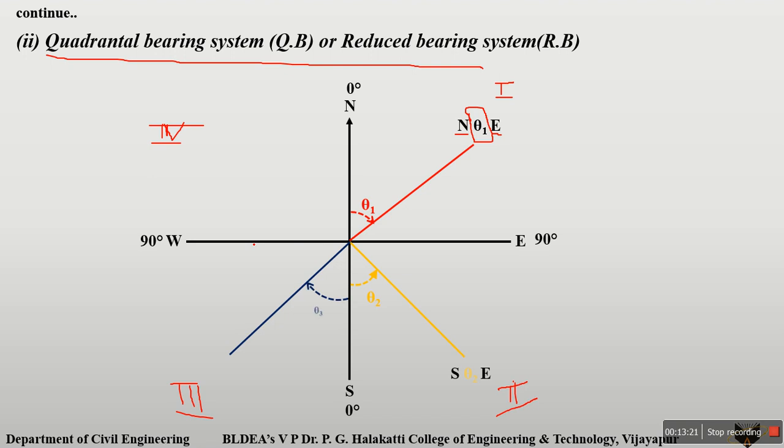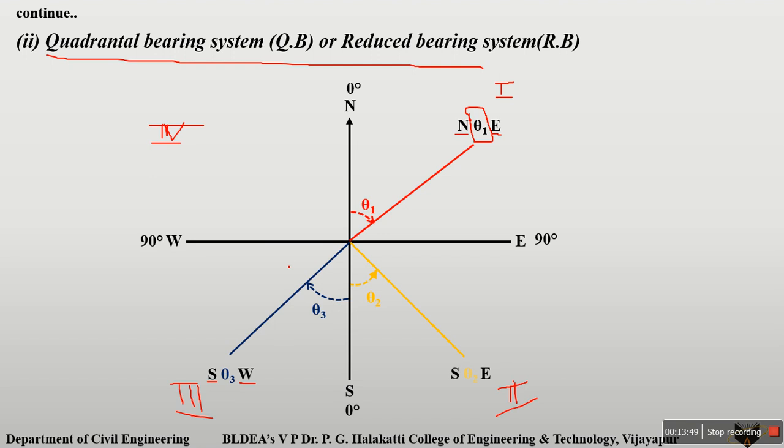This bearing is assumed as theta 3. The rating of the theta 3 value is S theta 3 W. So south is the reference direction, and the angle is measured towards the west side. Clear? This is the reference line, and the angle or our instrument is moving towards the